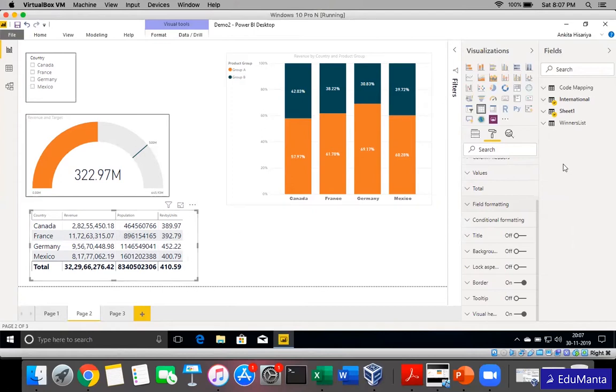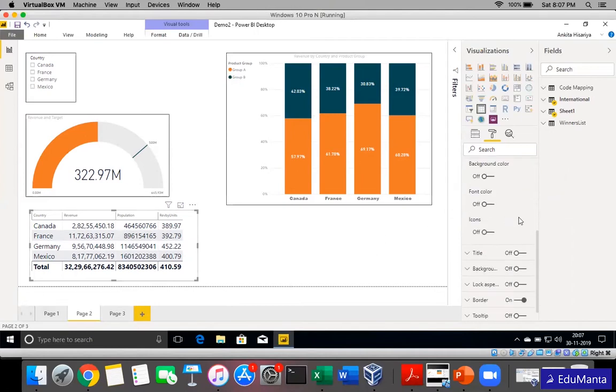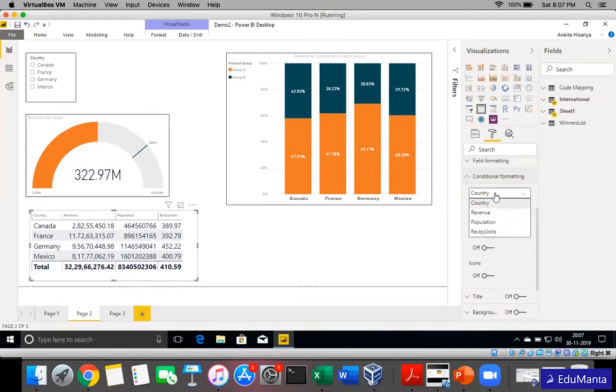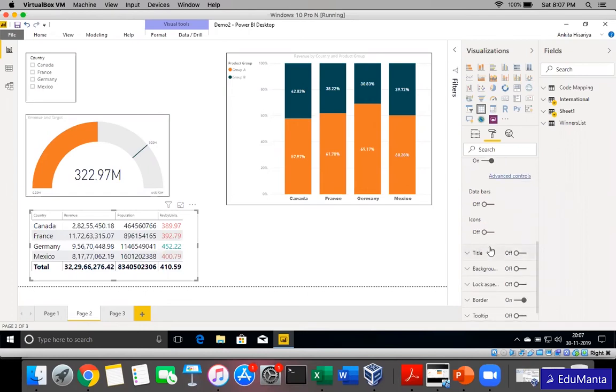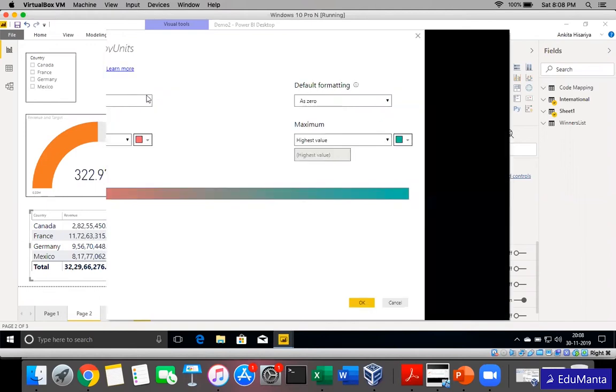So I select this table, go to conditional formatting. Now, conditional formatting of which field? I want to conditional format the revenue by units. So select this particular column here. Now, what do I want to format? This time I want to format the font color and not the background color. Just enable this portion and then it will open a window here. This is saying, okay, font color of revenue by units has to be changed on the basis of